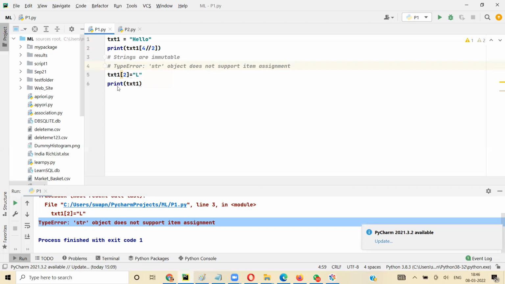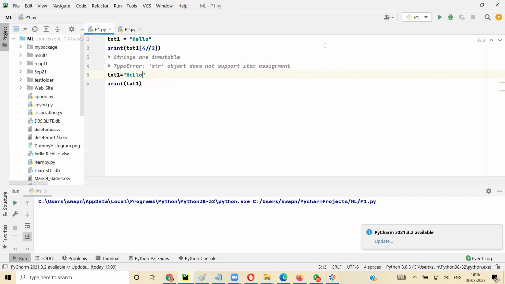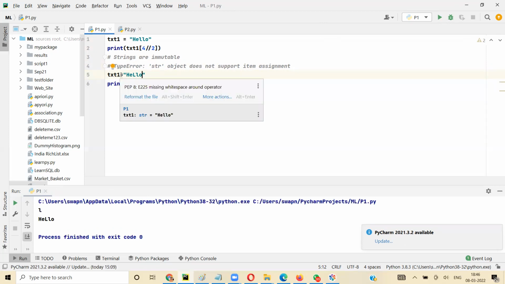अभी हम क्या कर रहे हैं? When we say text of 2, we are trying to edit. This is not acceptable. I can say txt1 of HELLO. This is fine. Okay, लेकिन जहां पे टेक्स्ट का इंडेक्सिंग करके you can't add a value, you can't edit basically. Strings are immutable. You cannot edit the value. Of course, you can delete it. You can completely add a new value. You can override the old value. But you can't